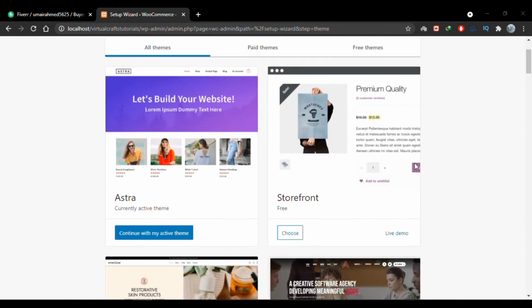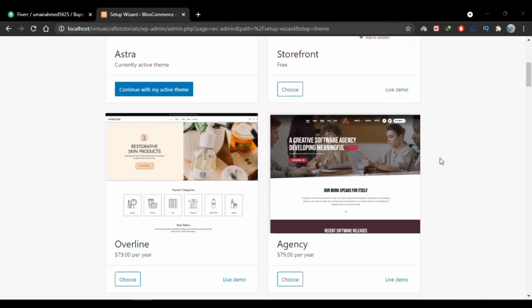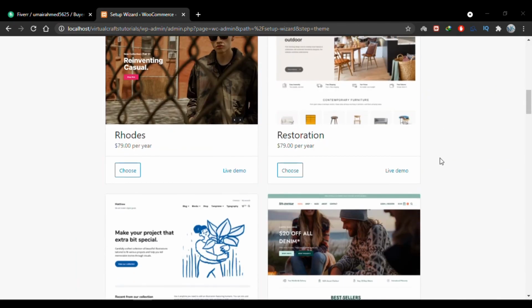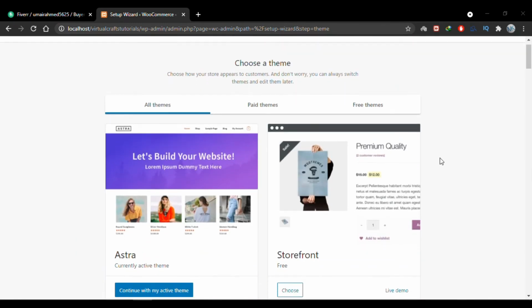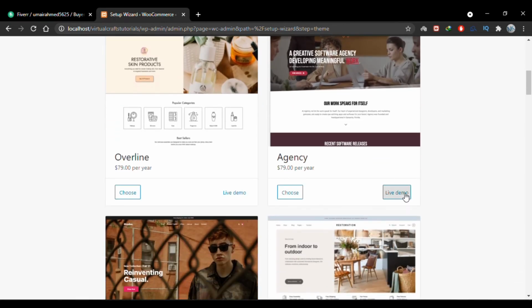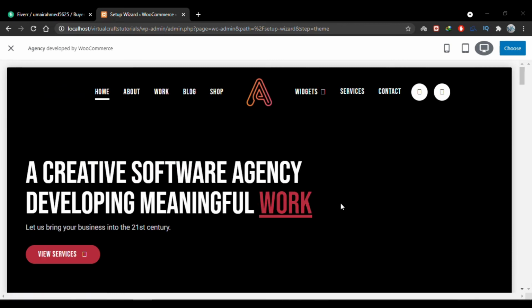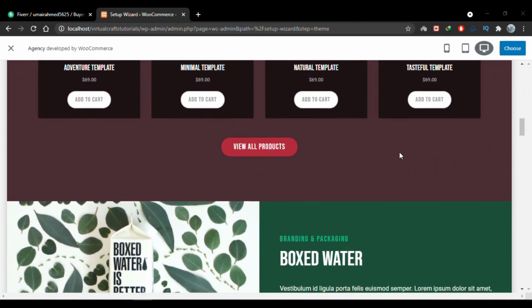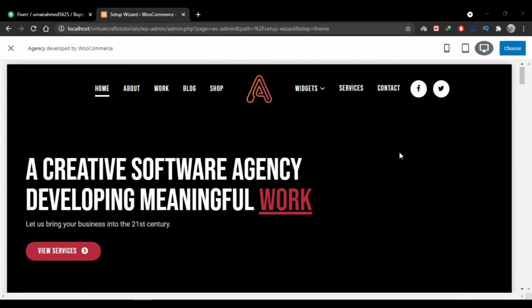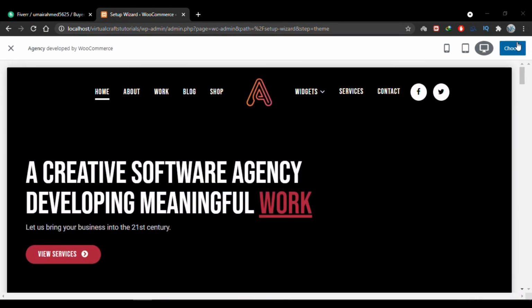You have many themes recommended by WooCommerce that you can use for your store. So if you want to see what a theme looks like, click this live demo button and WooCommerce will load the theme for you as a demo. You can have a look at it, and if you want to use it on your website, simply click this choose button.